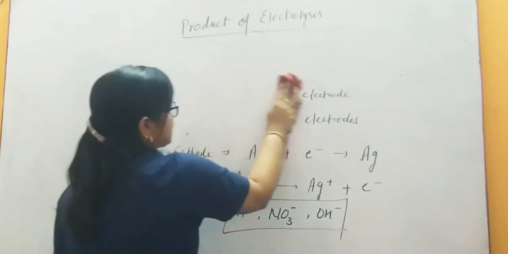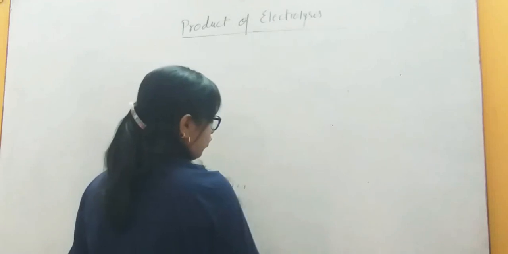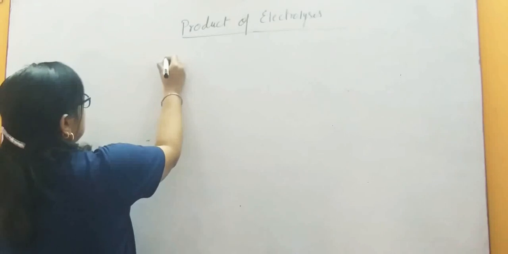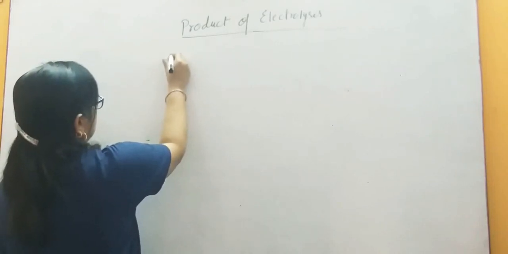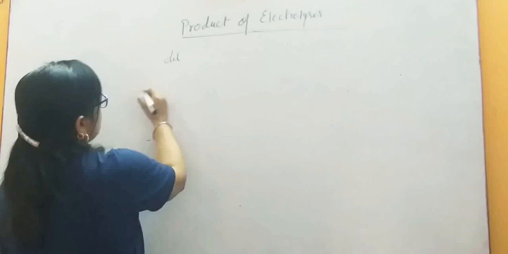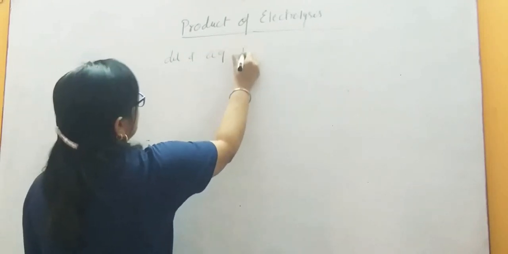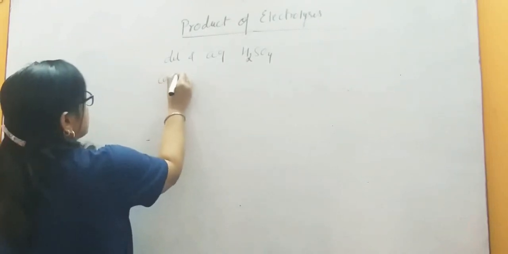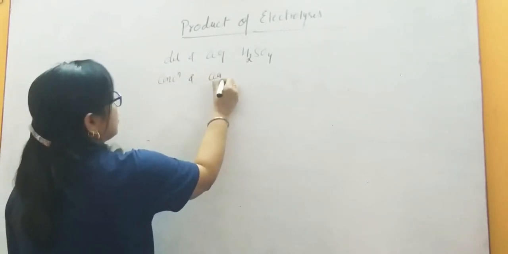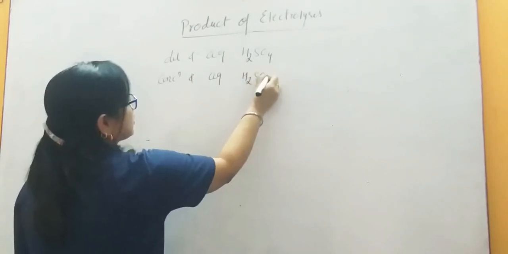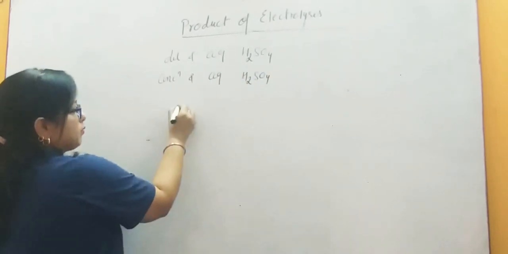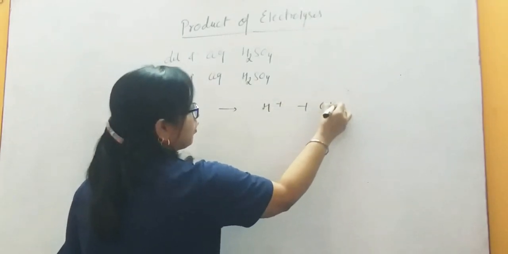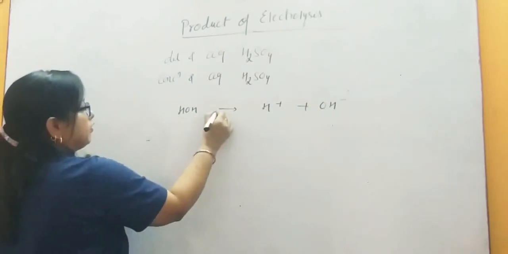What is the electrolysis product of H2SO4? So I am writing here the example of H2SO4. You have two cases, dilute aqueous sulfuric acid, and another case is concentrated aqueous H2SO4. Aqueous means it contains water, so H plus and OH minus ions, and